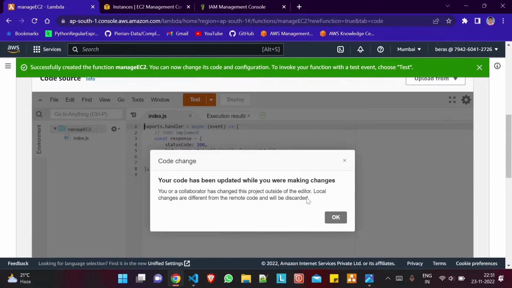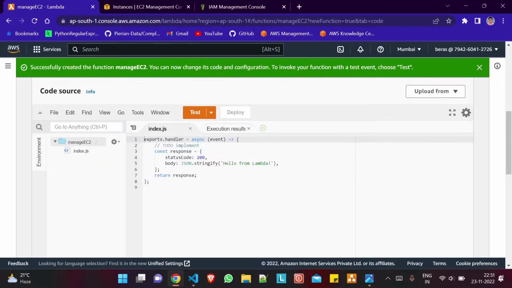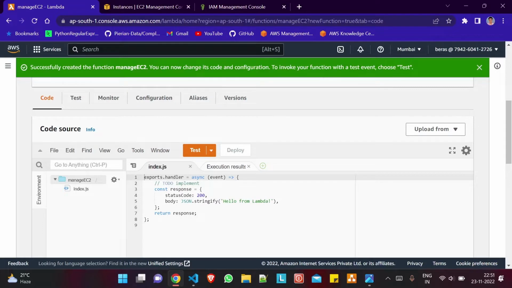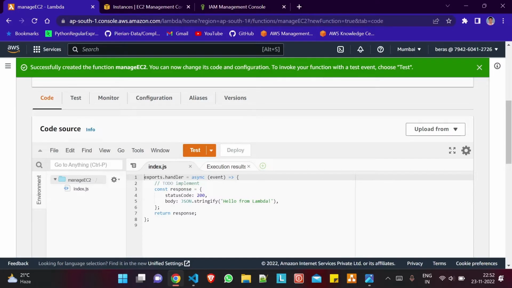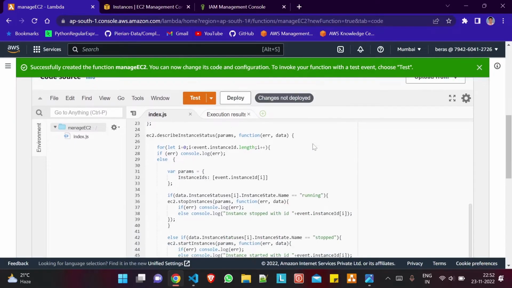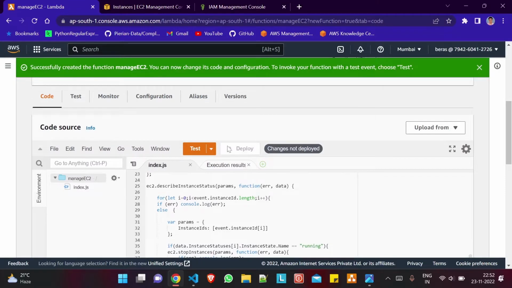Fine. Now what we will do, we will develop the code so that the Lambda code can start a stopped EC2 instance and stop a running EC2 instance. I already have developed the code here. I will just copy this and paste here. I have copied it and will paste it. Fine. Now I will deploy it,